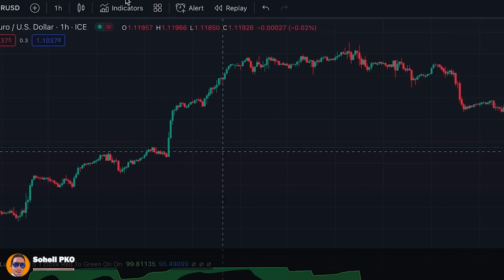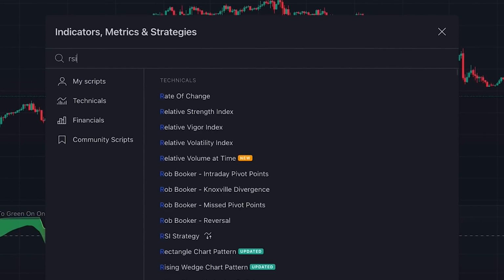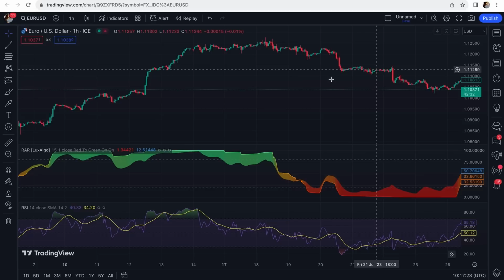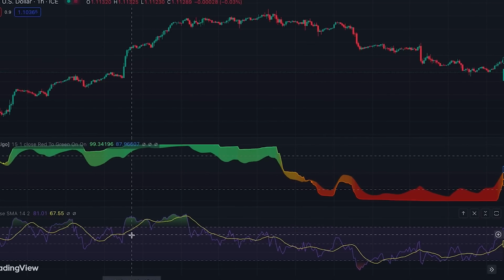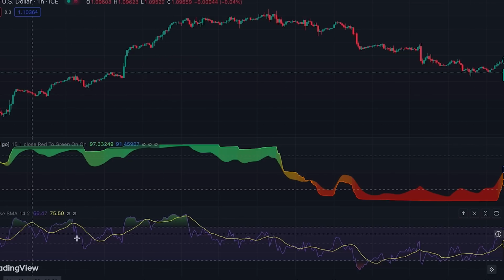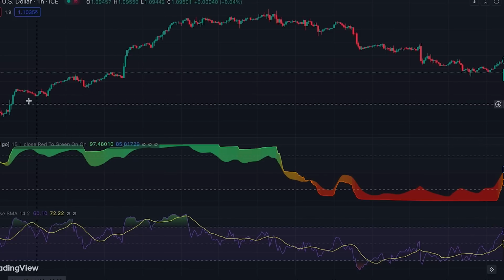So let me add the original RSI to our chart, this one, Relative Strength Index, to illustrate how they differ from each other. With the original RSI, you know that it's very sensitive to retracements or pullbacks in the market, and unfortunately it generates many false signals, whether it's crossing below 80 or crossing below its moving average line or even crossing below 50. But as you can see, these are all false signals and the trend is continuing its